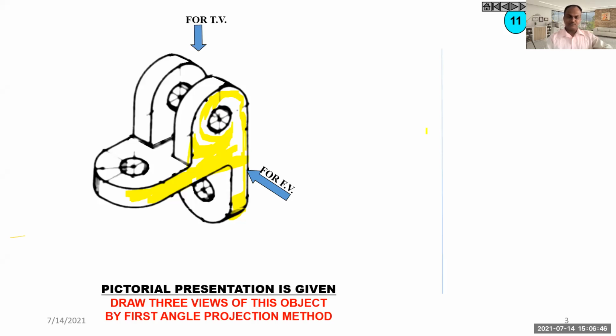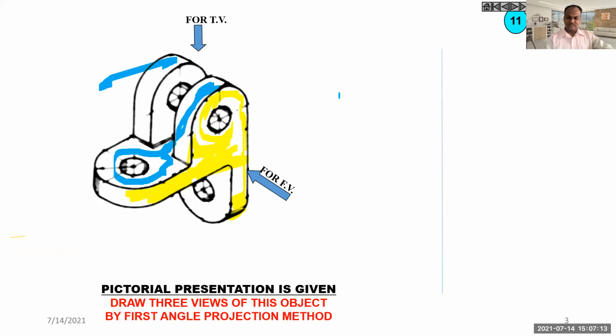If I want to show the top view, I'll just change the color of the highlighter. In top view, this and this portion is going to be seen. This portion is going to be seen, and this one. So this total portion will be seen, and the hidden portion will be shown by a dotted line.